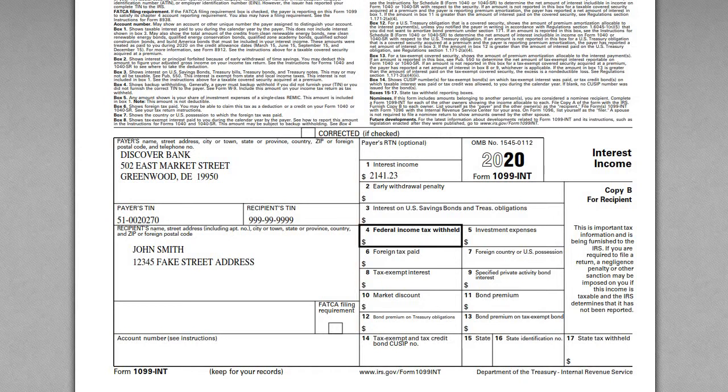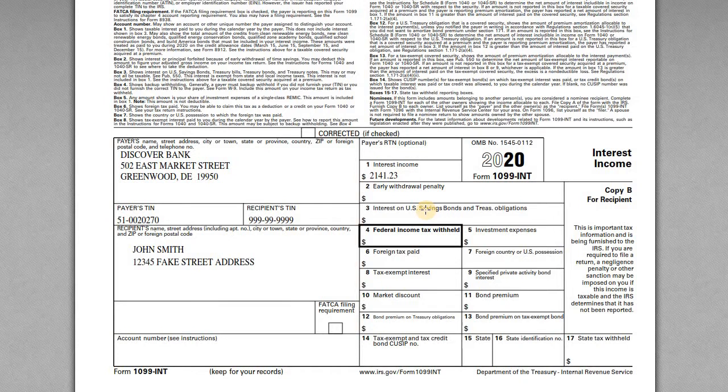So this form is generally required when a payor, in this example Discover Bank, it could be Bank of America, Charles Schwab, any other bank or party that might pay you interest during the year, they need to file this 1099-INT form if they pay you more than $10 in interest during the year. So that's the threshold, right? If you get more than $10 in interest during the year from a single payor, they're going to report this information on a 1099-INT. They're going to send you a copy, and they'll send the IRS a copy as well.